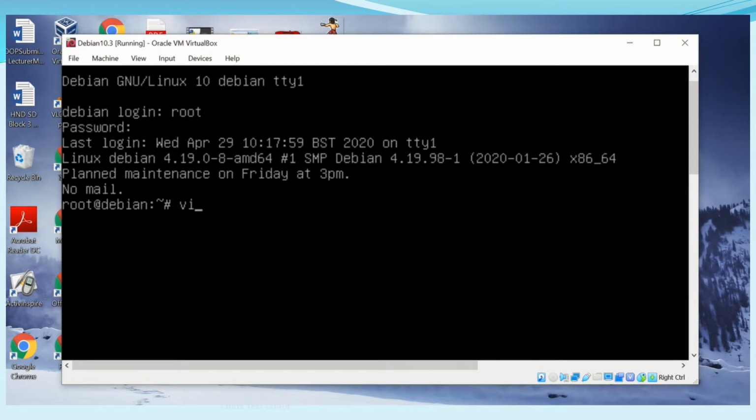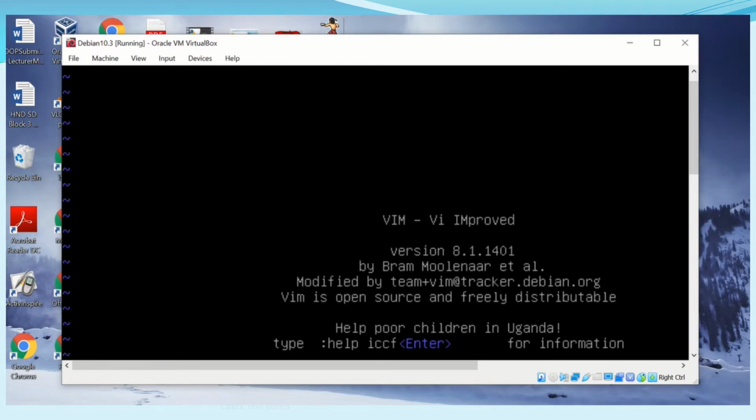If we have a file that we already want to open, then we can do vi space and then the name of the file, and it'll open that file in the editor for you. But we don't have our file created yet, so we're just going to say vi. So it gives you a sort of splash screen, and basically you can now go ahead and start to enter